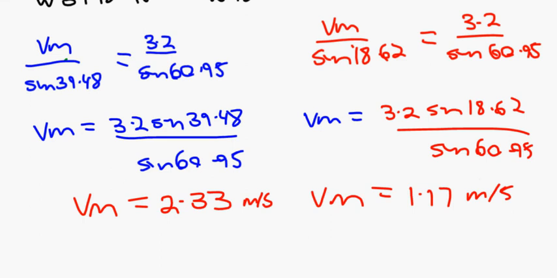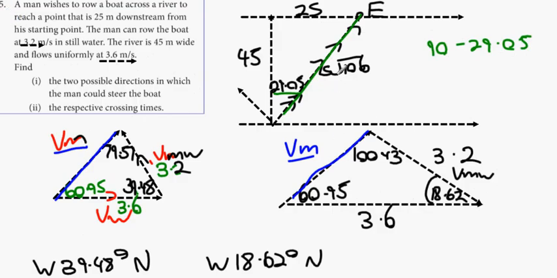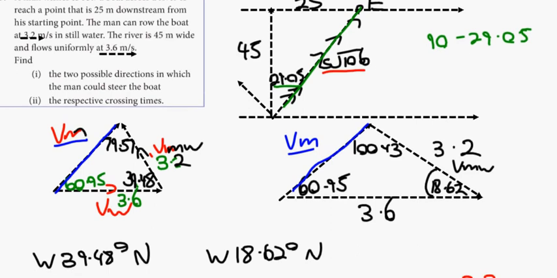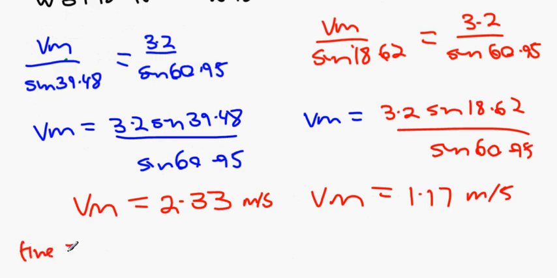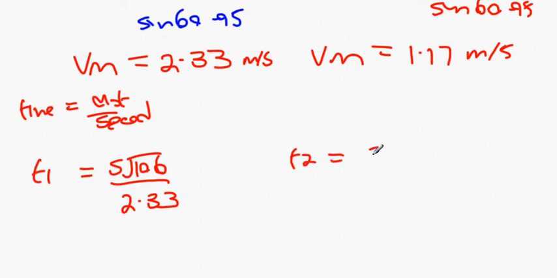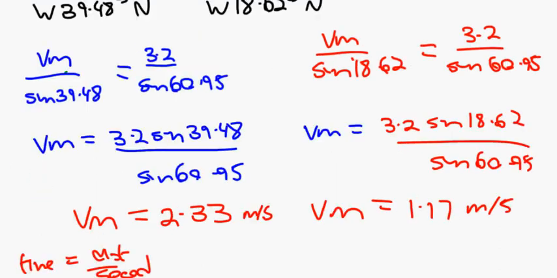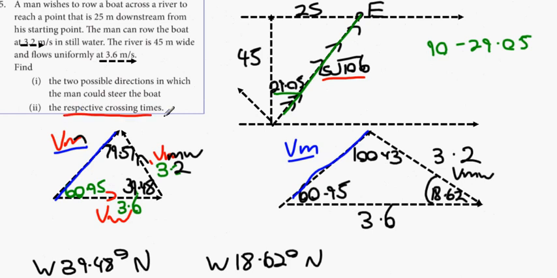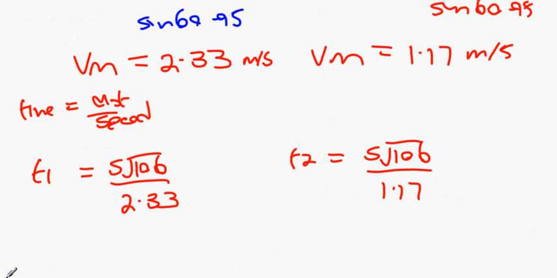Now in this scenario, what we can see here is that you have to travel 5 root 106. So the time equals the distance divided by your speed. So in case 1, it's going to be 5 root 106 divided by 2.33. Let that be T1, or scenario 1. And T2 is going to be 5 root 106 divided by 1.17. And what it asks us for is the respective crossing times. So the respective crossing times therefore is 5 root 106 divided by 2.33,